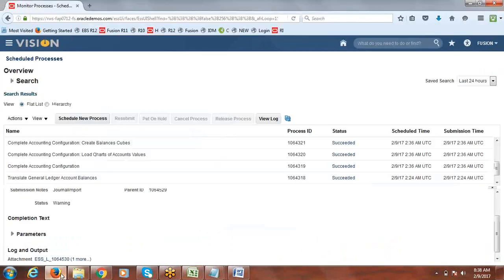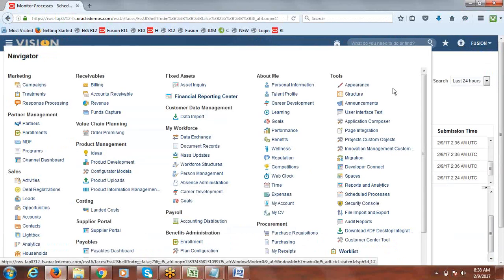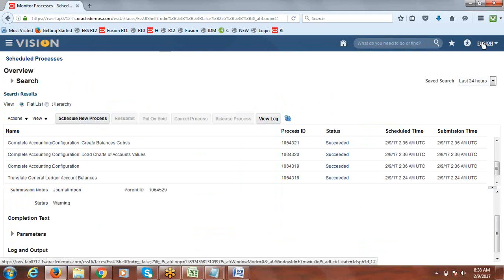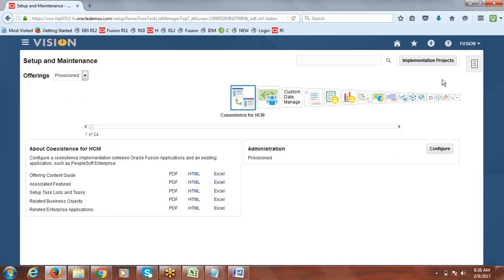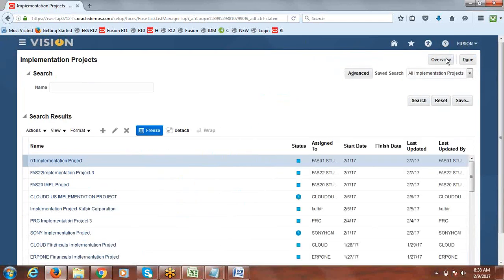Now what we'll do here is try to set the suspense account at the consolidation ledger level and try again. Anyway, here we are already done with the translation also. Going and finding the journals again may be a big task for us.